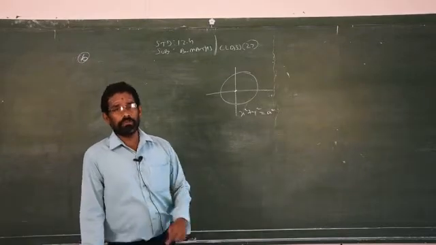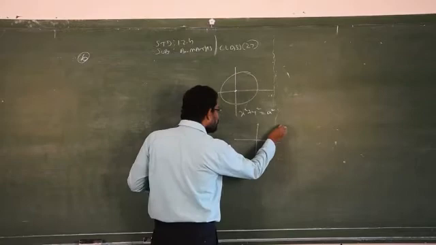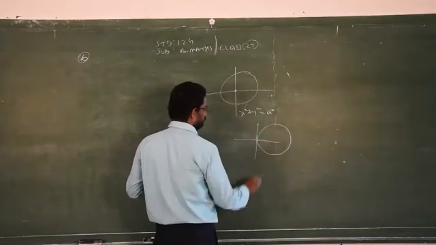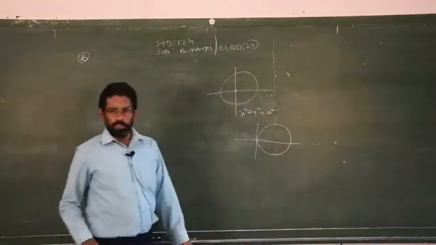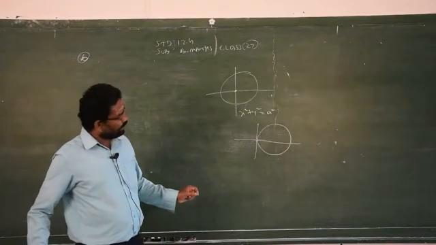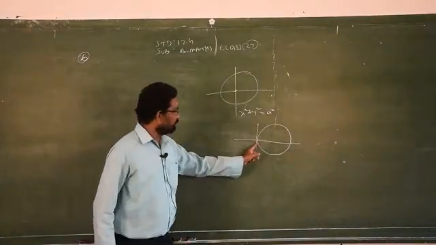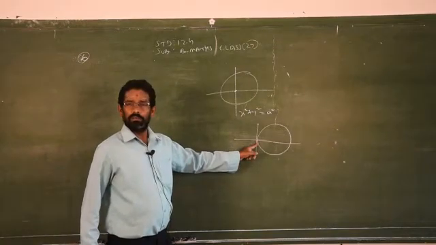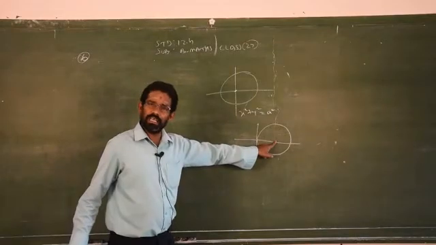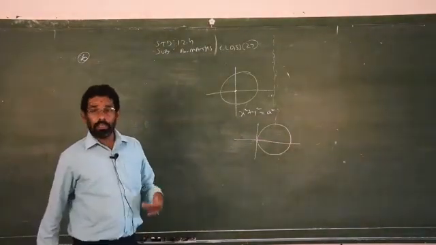But what is given in the question? The circle passing through the origin. It is not only given like that. The center on where? Y-axis. So this is also wrong. The circle passing through the origin, correct, but the center falls on where? X-axis, according to this diagram. But what is given here? The center on the y-axis.